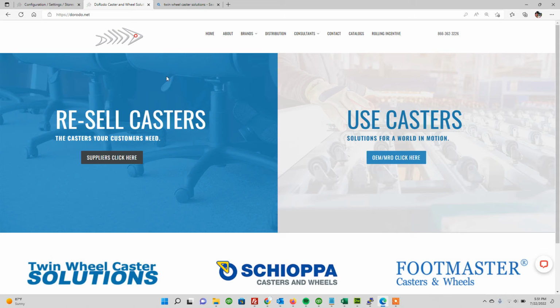Cameron, so this is the header of the Dorado site. I know we had two or three other websites tied to this. One being Footmaster, and the other one being the Twin Wheel. I just noticed that the Twin Wheel link does not work, so I'll have to take a look at that